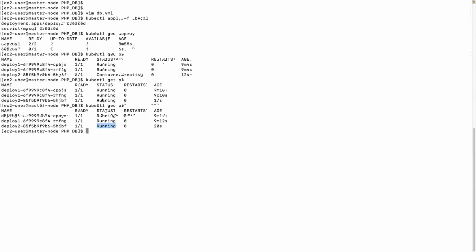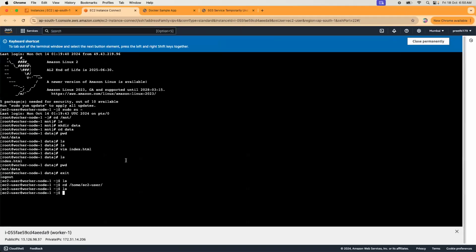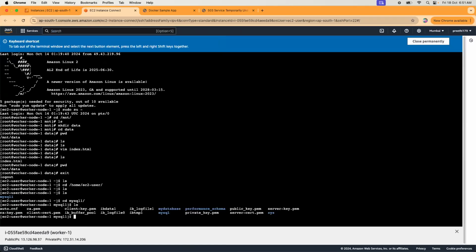Do you see that? Means volume, if you see earlier there is no folder, but see, the MySQL one is created. And do you see all the database data is backed up onto the volume. And now if it tries to save the data, let me refresh. If it tries to click submit,